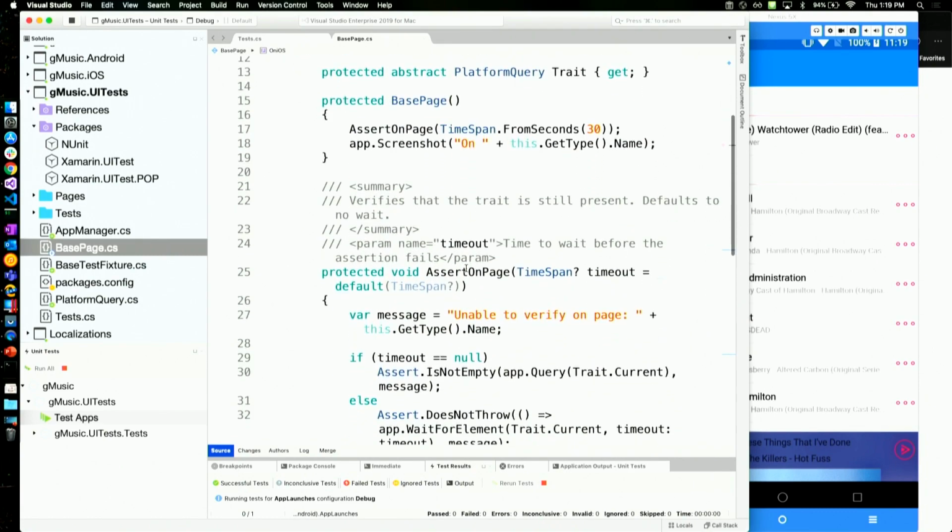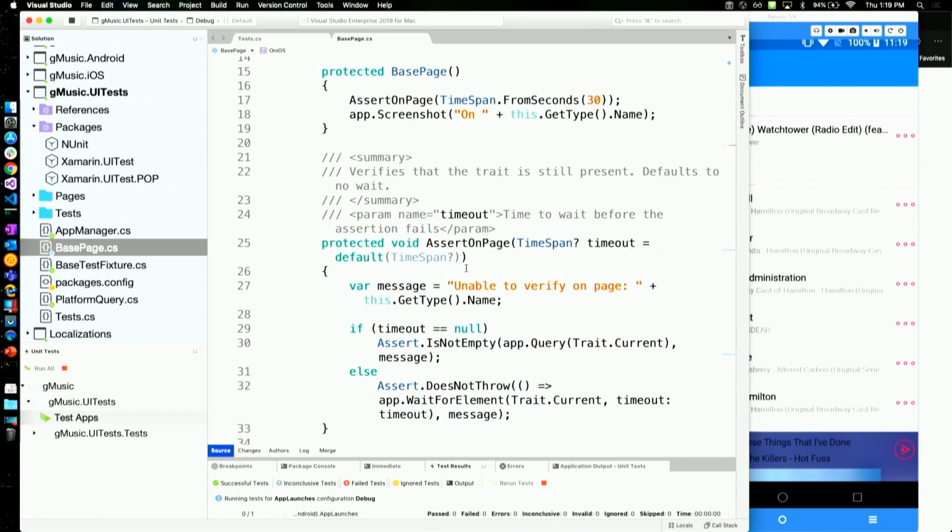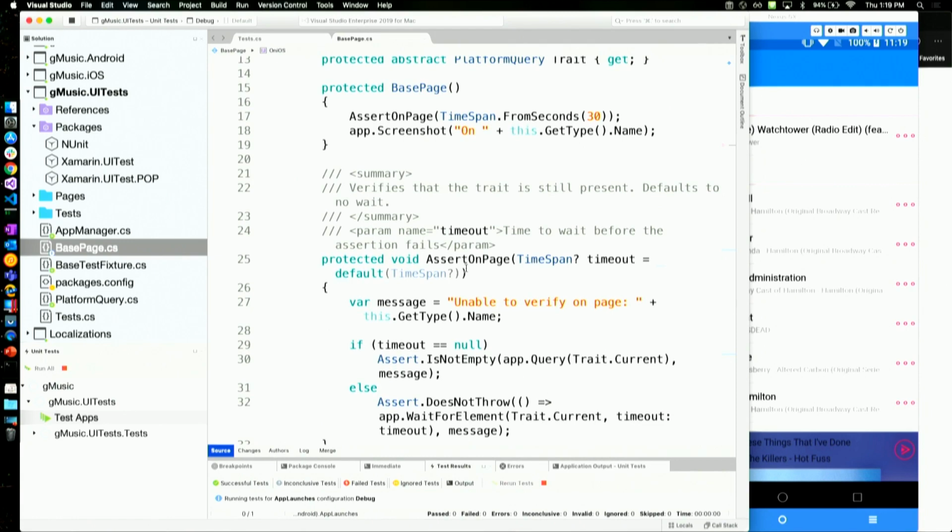Another cool thing that the base page does for you is it takes a free screenshot. If you're going to run these tests on App Center, usually if you don't have screenshots in your test and you just upload a test, you're not going to get a good test result. To make life easy for you, we have an assert on page that's for free. It does it automatically on each page. On each page that inherits a base page, it's automatically going to verify, hey, is this the page I'm expecting? Now you'd be wondering, how would the system know, or how are we verifying it's on the page it needs to be? That's with this